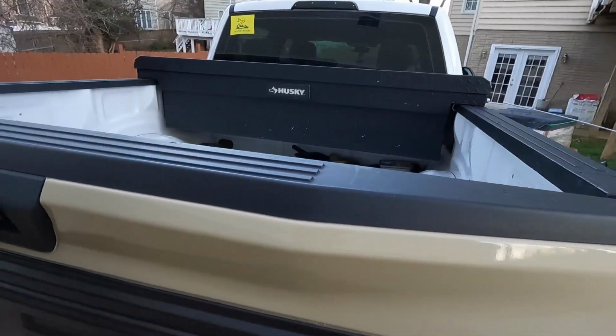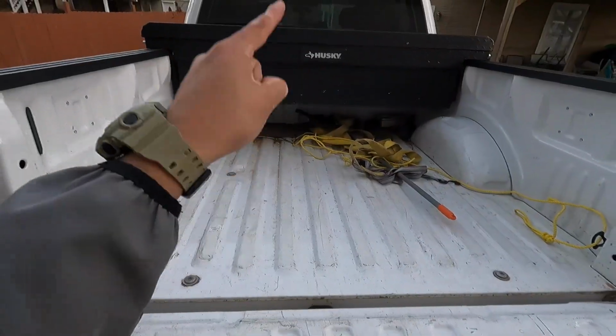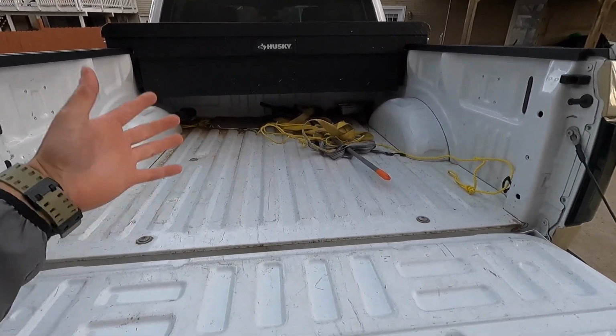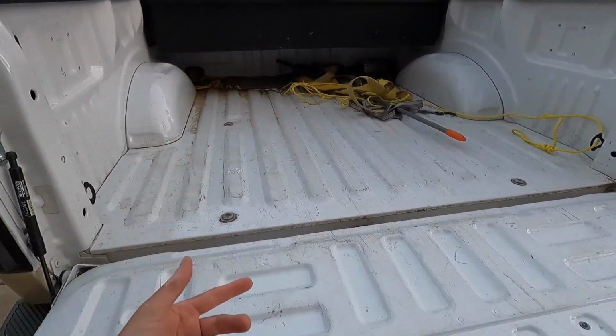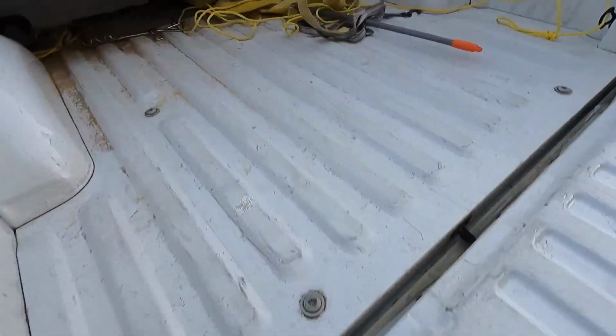Lastly, since we are on the topic of beds, guys, let me just go ahead and tell you right away, get your bed liner, man. Just do it. That should literally be the first thing. It should have been the first thing with me. Actually, I don't know why I didn't do it, but